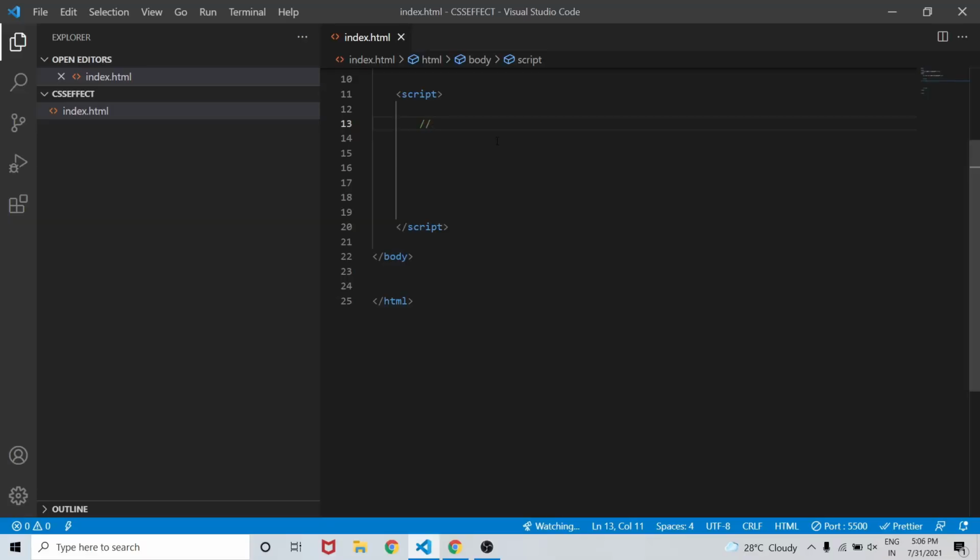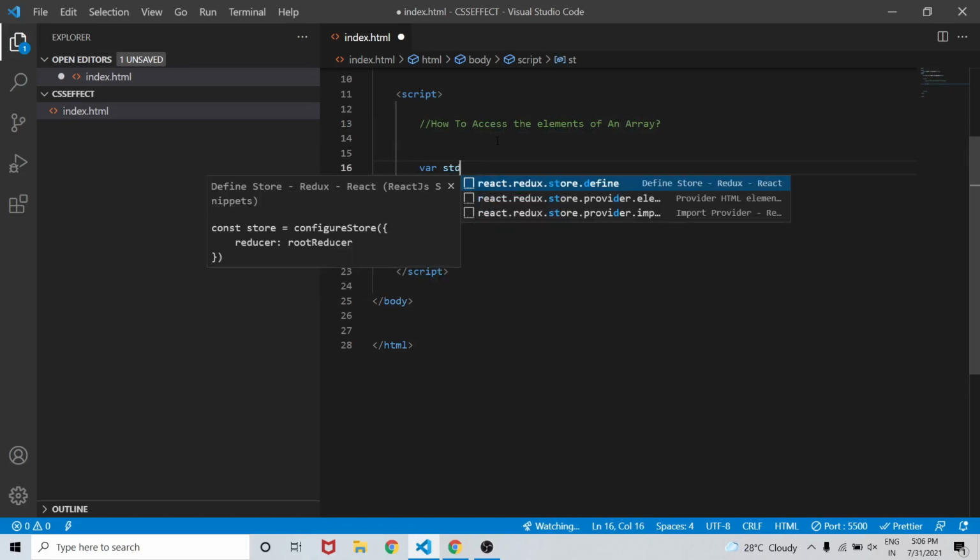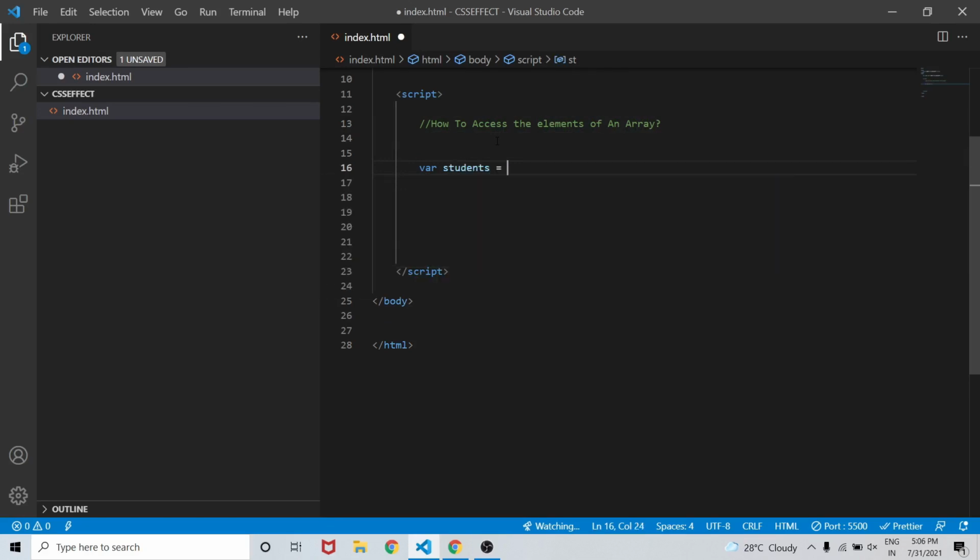Now in this video we will learn how to access the elements of an array. So let's create an array first, where students equals square brackets and elements John, then Emily, then let's add Stephen.